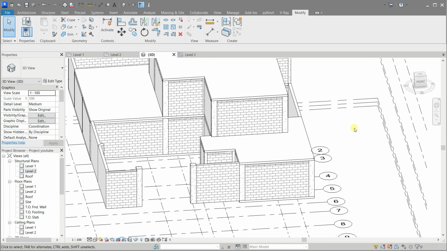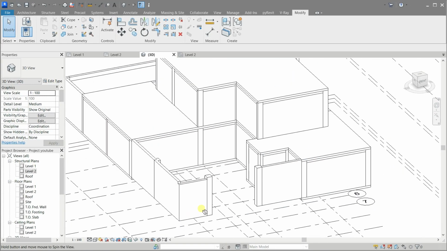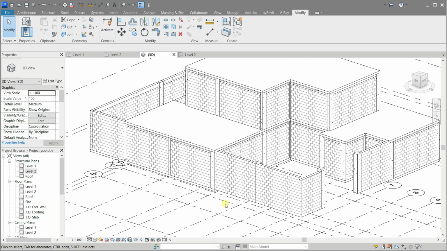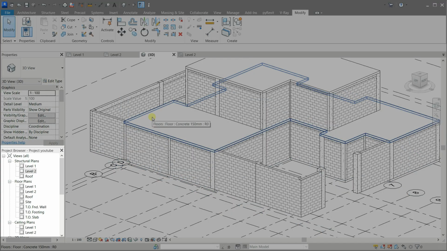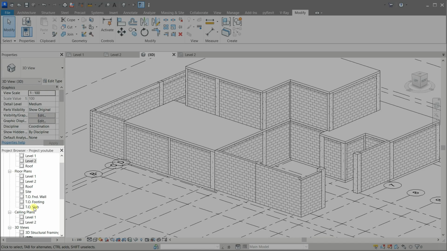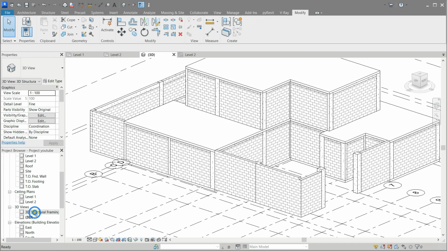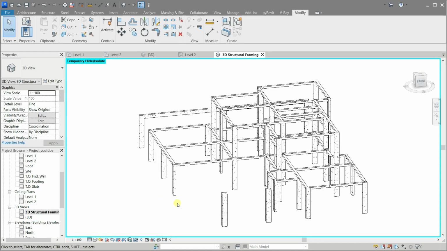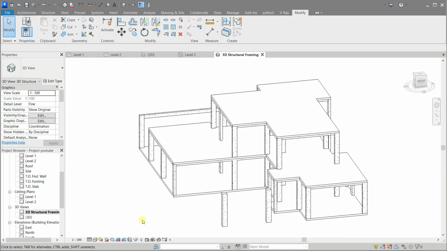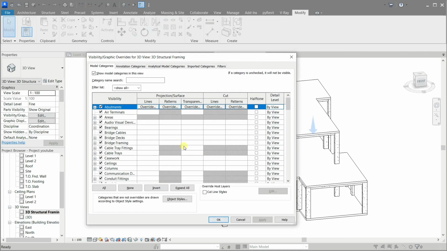Now that we finished dealing with the columns, let's deal with the walls. In the structural 3D view, show the floors again. And from the visibility graphics menu, also check the walls back, but make them transparent.